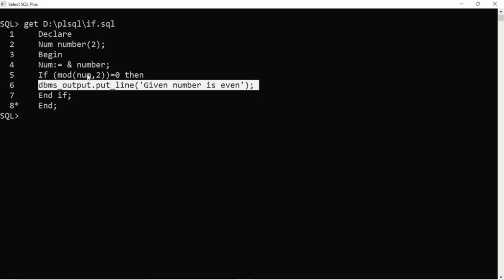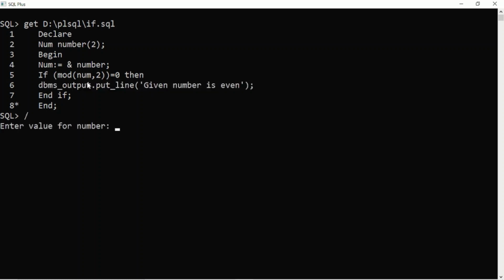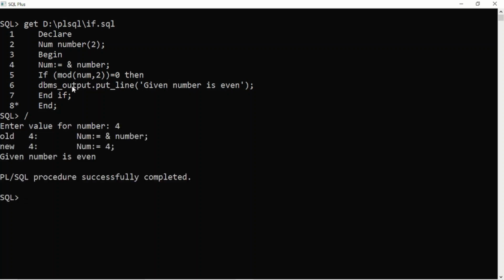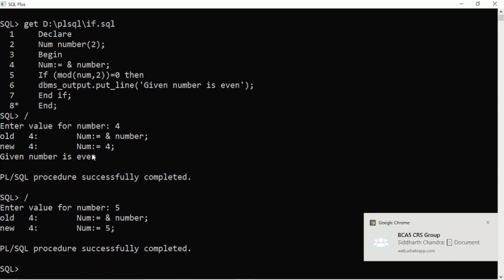It has one condition. If the condition is true, then we'll get output, otherwise we'll not get any output. So let us see. I have given 4. I am having output: given number is even. But if I give 5, I won't get any output.